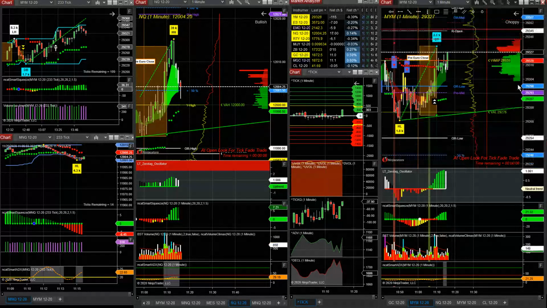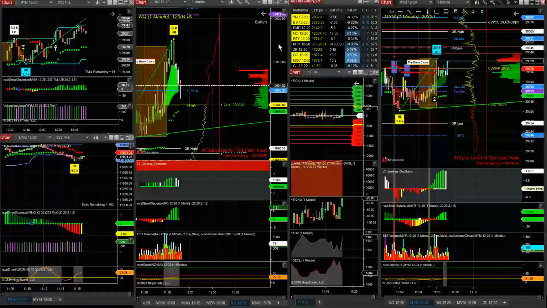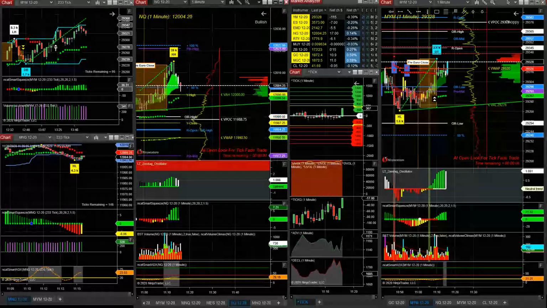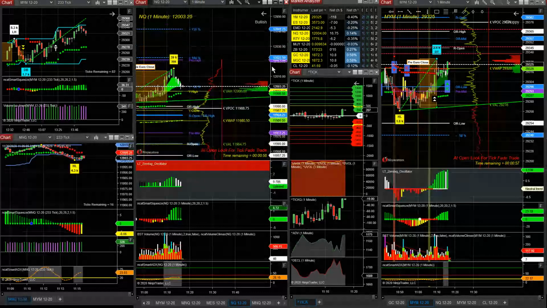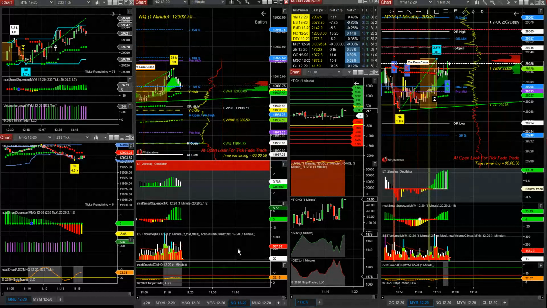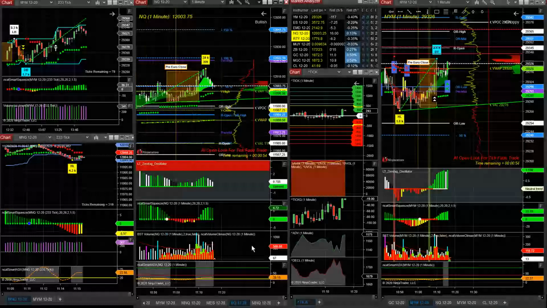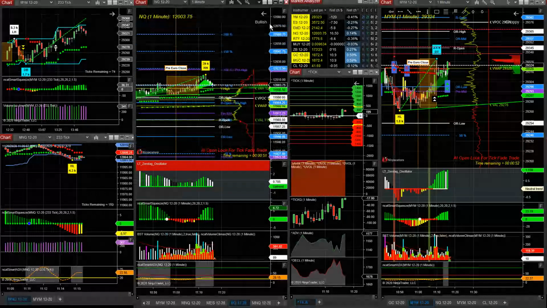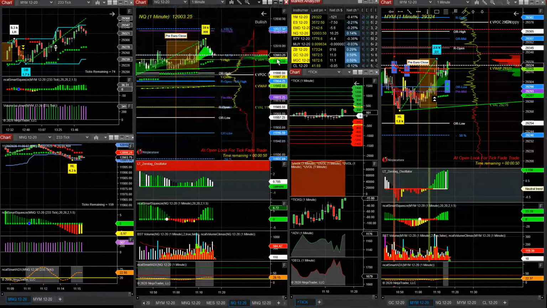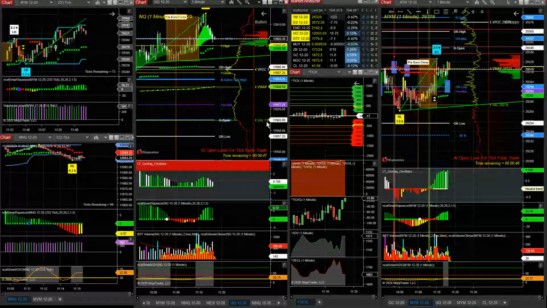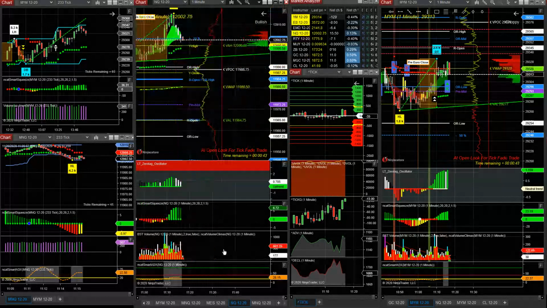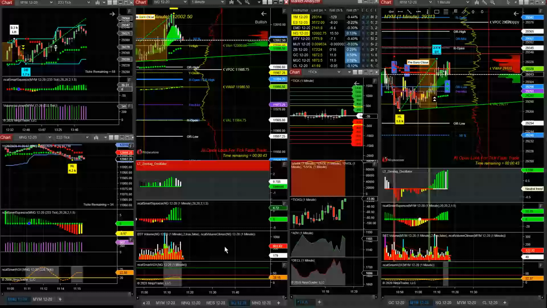$105. That was a good trade. Another scalp in NQ. Three times we did the same play. Didn't do it perfectly, but good enough to make cash. The play doesn't have to be perfect as long as you get a reward, right?